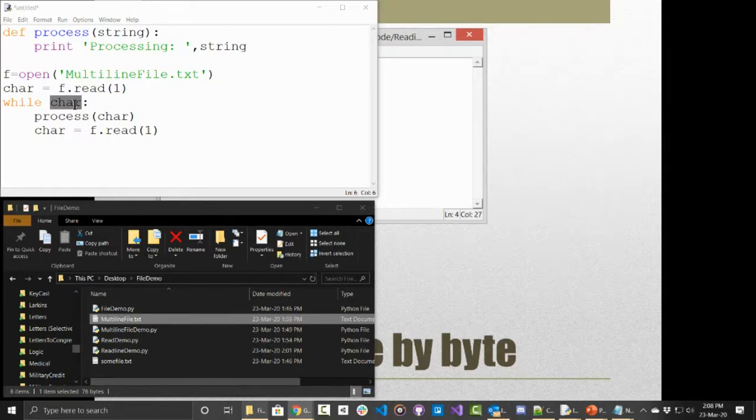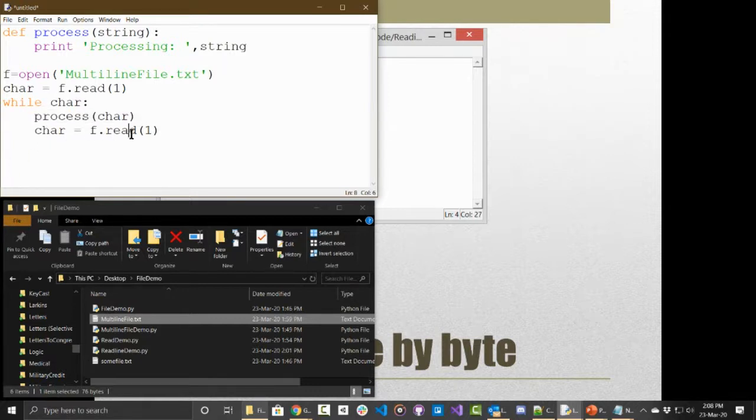So if we got something here, this would be true, and then we would do the process, and then we read the next character, and we see if we get something. At some point, we don't get it from the file. This evaluates to false, and then we're done. So if I run this one,